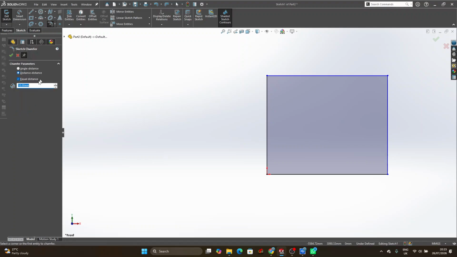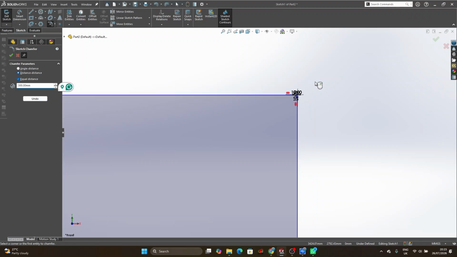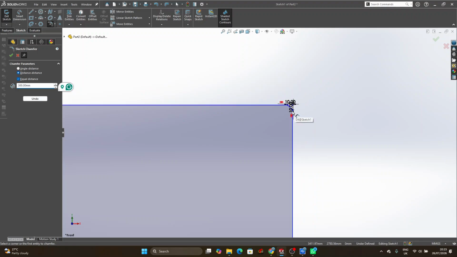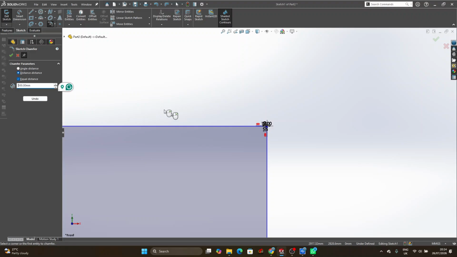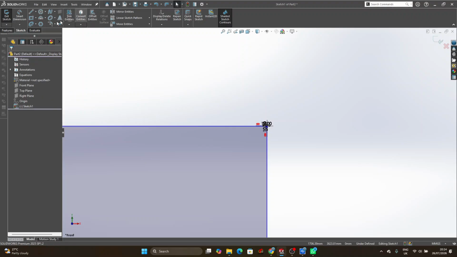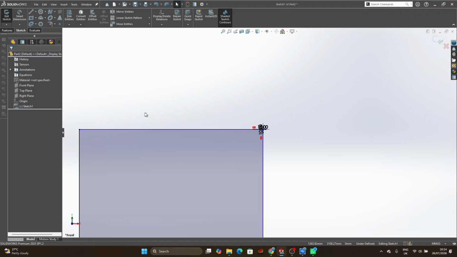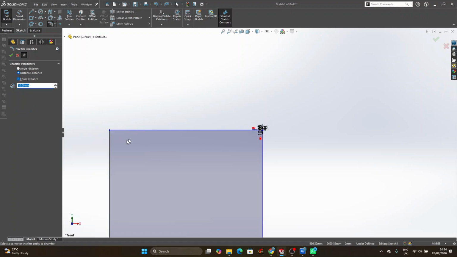I'm clicking on sketch chamfer now. I'm clicking on this edge. I'm increasing it to maybe 300 millimeter chamfer. So it means that it will go in 300 millimeter. Let me do the chamfer once again. It's too small. That's why we are not seeing it. The millimeter I'm using before is too small. Let me click on 300 millimeter,